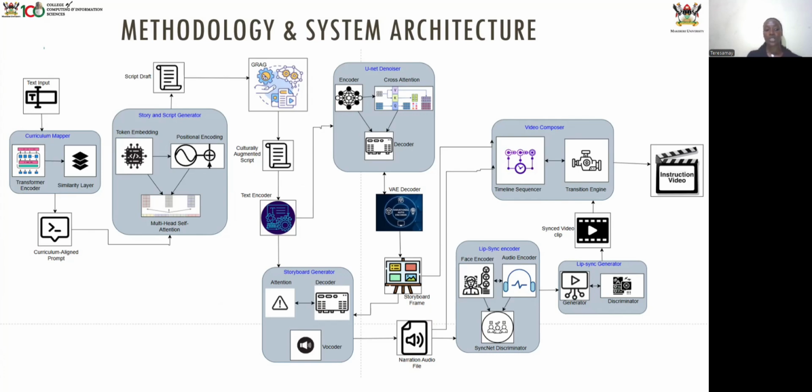So that output is then passed to the story and script generator, that is the Phi3 mini, which does the token embeddings and then positional encoding, passing the output to a multi-head self-attention, which is a decoder-only transformer. So here we obtain a script draft that is passed to a culture grounding layer that adds the culture content generation. Then it generates a culturally augmented script that is then sent to a storyboard generator, that is